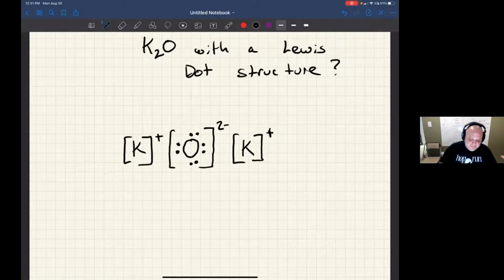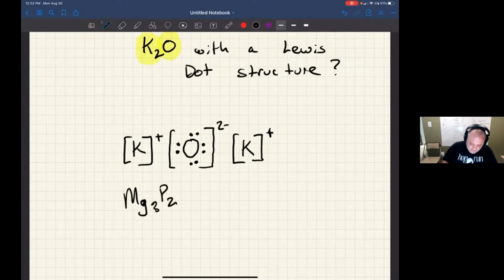Now, we arrange the potassium ions sort of symmetrically around the negative ion. In this case, whenever there are more ions, we would probably put those on the outside. Whatever ion is in the lesser quantity, we put on the inside, although there isn't really a hard and fast rule about that. So for something like magnesium